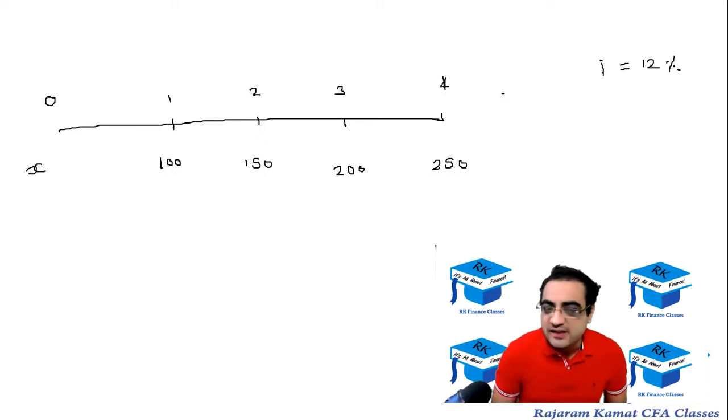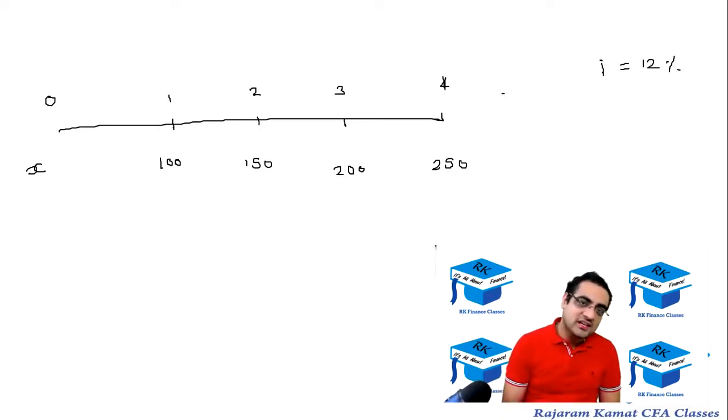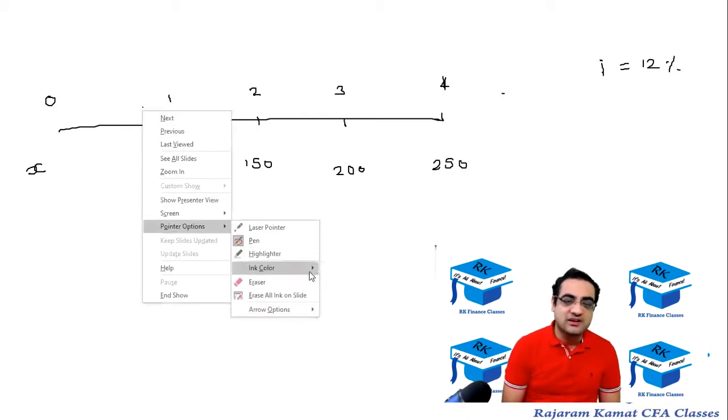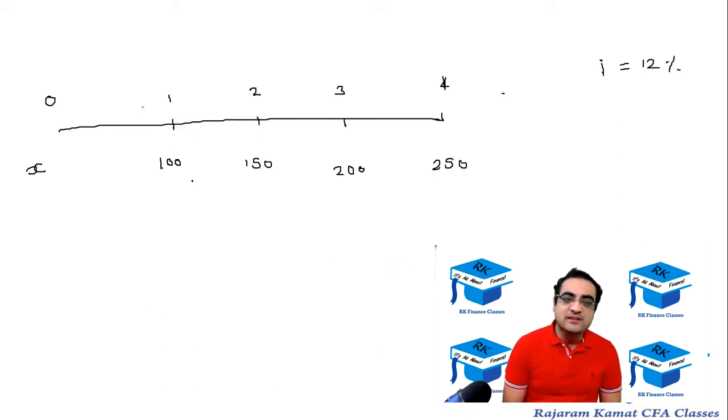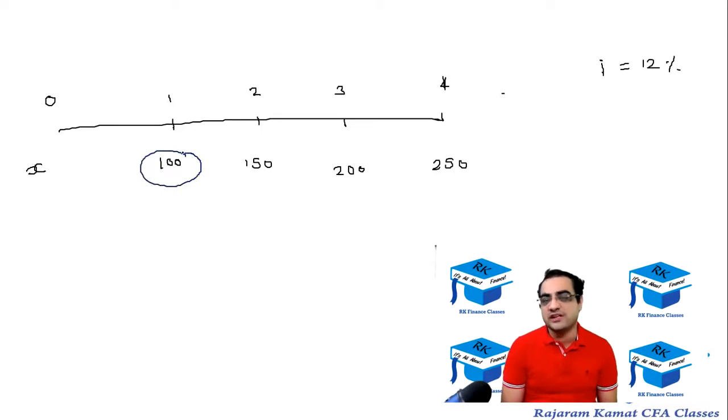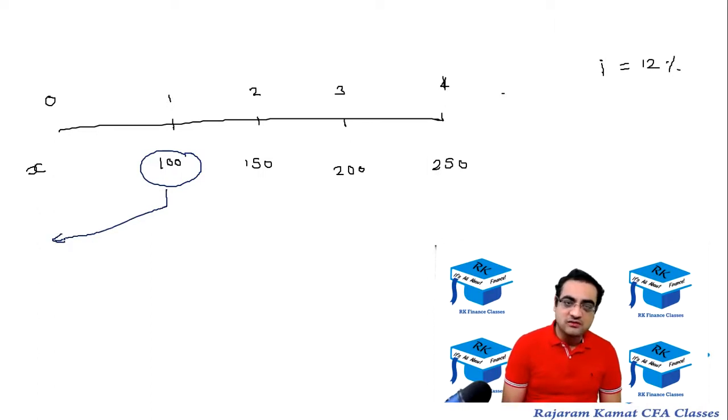There are two ways of doing that. One a long cut and one the shortcut. Let's first understand the long cut and then we'll understand the shortcut. The long cut is you have these cash flows individually, look at them and take it back. This cash flow, take it back from year 1 to year 0 by dividing it by 1 plus r raised to 1, because you're taking it back by 1 year. So divide it by 1 plus r raised to 1.